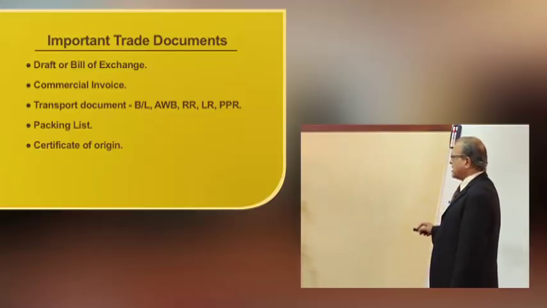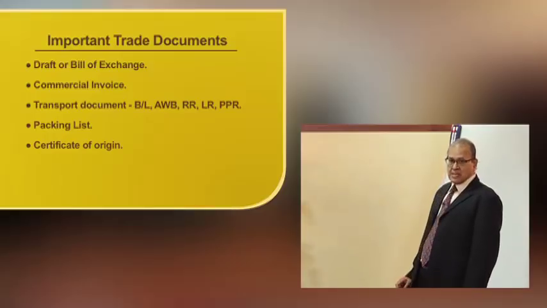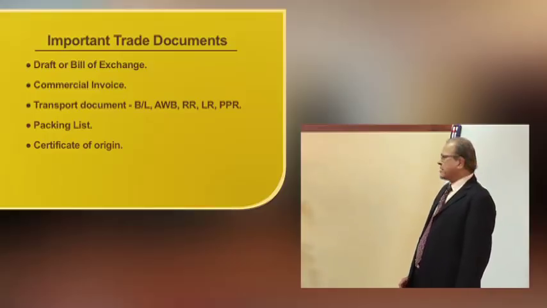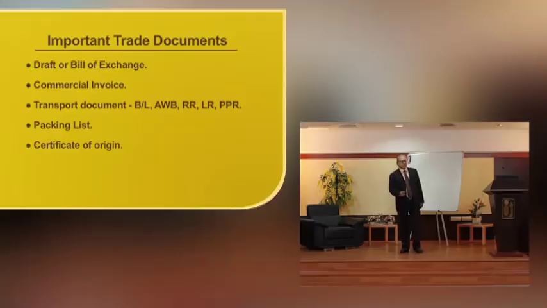Next is railway receipt. This is where part of the movement of goods is in the domestic area. I'll give you an example. Goods are exported from Nashik to say Germany. Nashik to Bombay, the goods have to come. How will they come? They will come either by railway receipt, or LR, that is lorry receipt. And from Mumbai port, the goods are sent by ship to the destination. Next,